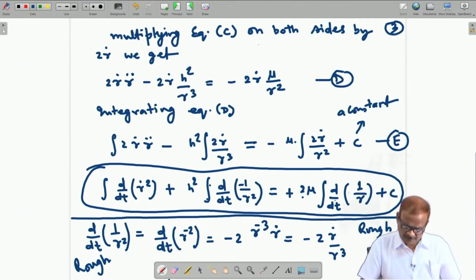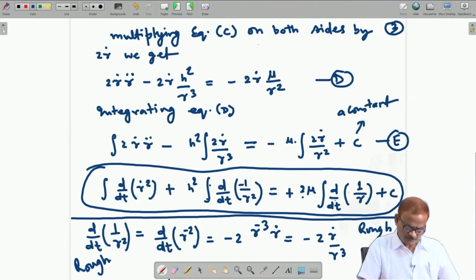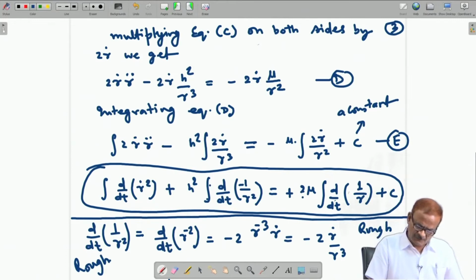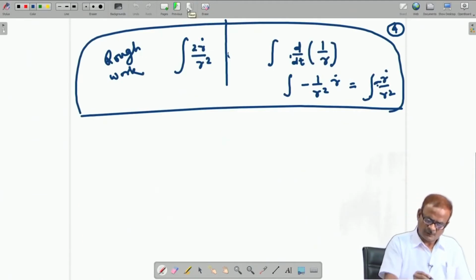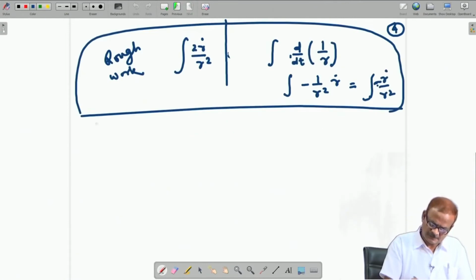One more thing is required to do here, that once we are trying to differentiate this, we have to remove this integral sign. So, what we need to do? This is the question here. So, I will copy the expression from the previous page here, and thereafter we will work. This is d by dt integration r dot square